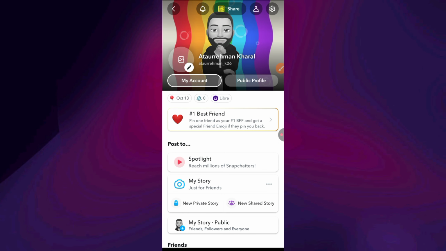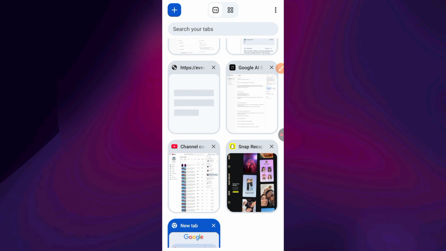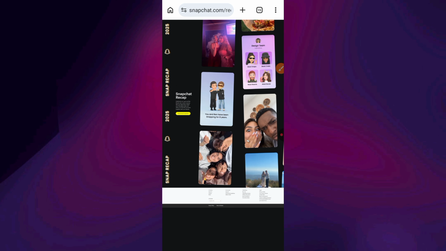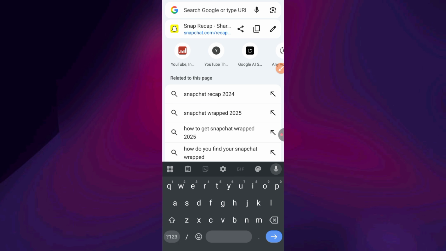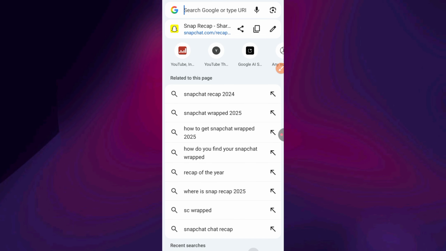Step 3. If you don't see the recap in the app. Some accounts don't get the recap directly in the app right away. Don't worry, you can still access it through your browser. 1. Open any browser on your phone. 2. Go to